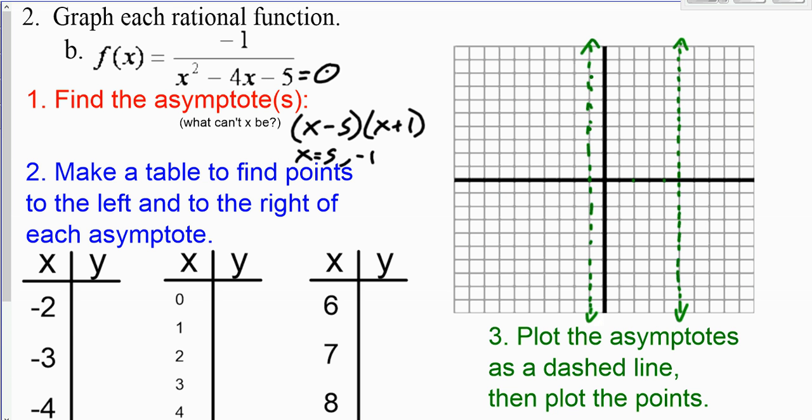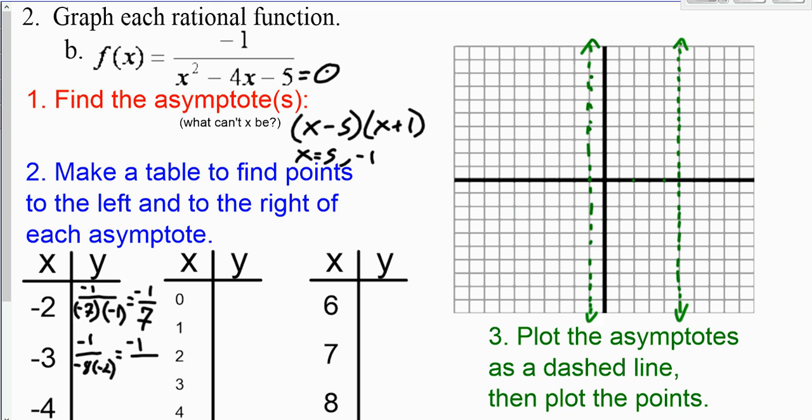Okay, so as I plug in negative 2, I'm going to have negative 1 over, negative 2 minus 5 is going to be negative 7. Negative 2 plus 1 is negative 1, so then I'm going to be negative 1. So I'm going to be negative 1/7. Okay, at negative 3, well, I'm going to get negative 1 over negative 8, and negative 3 plus 1 is negative 2, so I'm going to be